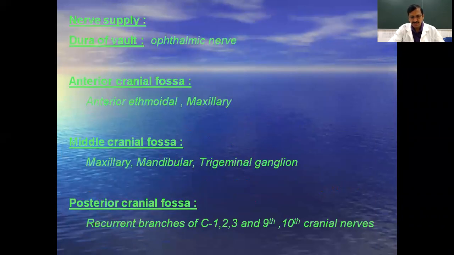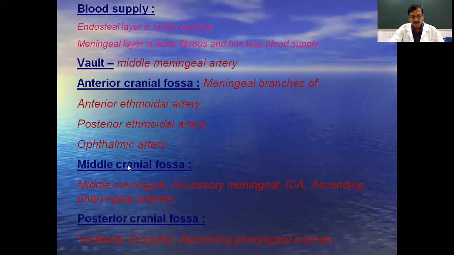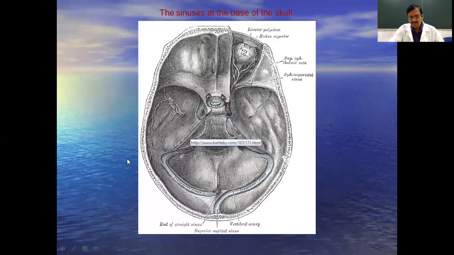Here is another important thing. Above the dura mater, there is no epidural space, but only in between the bones and dura, there are blood vessels that are passing. Whenever there is a fracture over the skull, it may lead to damage to the meningeal vessels, especially the middle meningeal vessels. They may produce leaking of blood in between the bone and the endosteal layer of the dura, and it leads to a clinical condition called extradural hemorrhage.